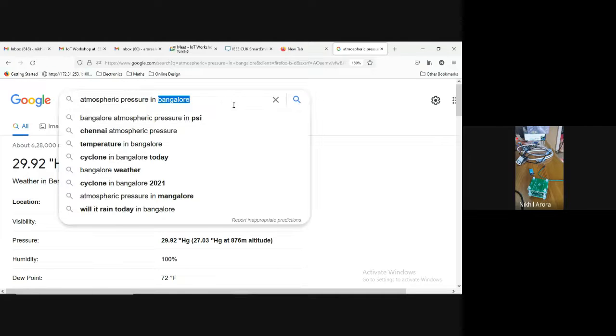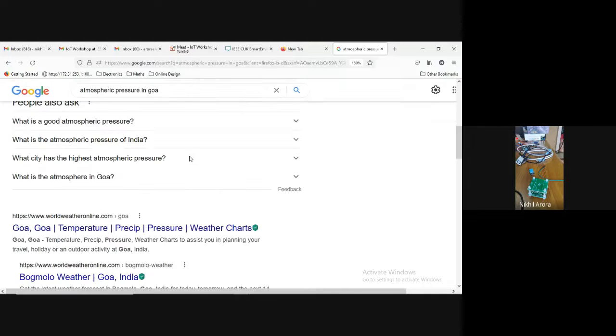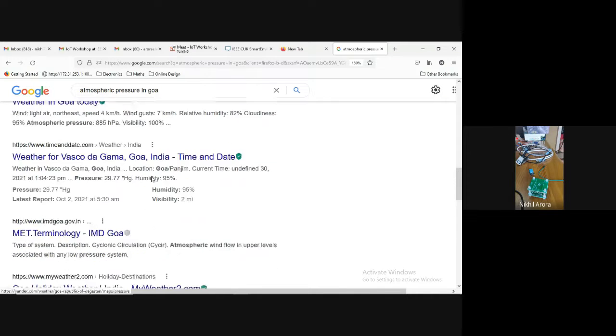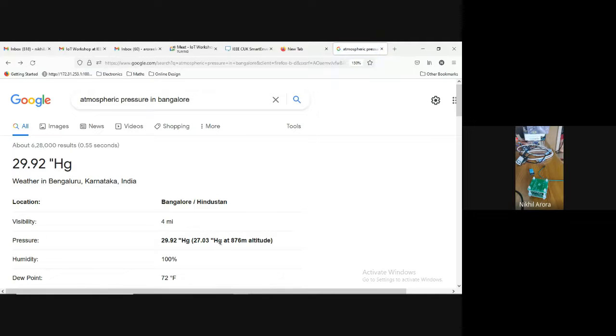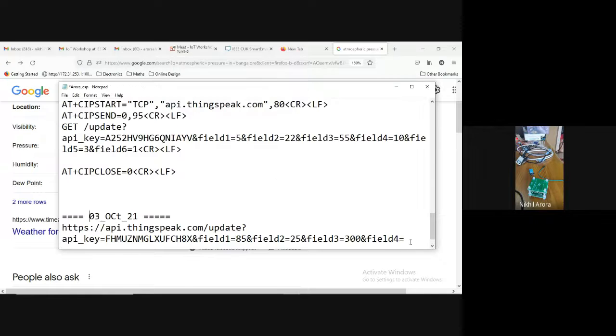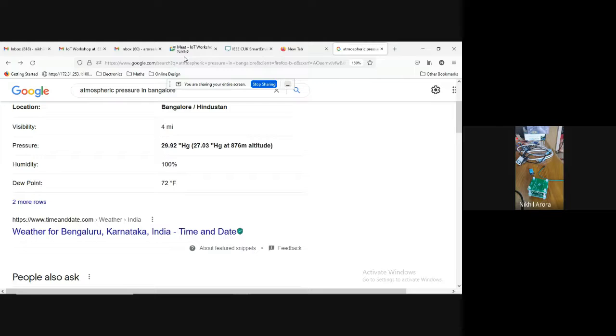Now if you see atmospheric pressure in Goa, which is at sea level, here 75 Hg. Okay, and this is our pressure, a little lower. Okay, so we'll put around 50 pressure in Hg. Now this is ready. The string is ready. So what I'll do is the string I will put here.